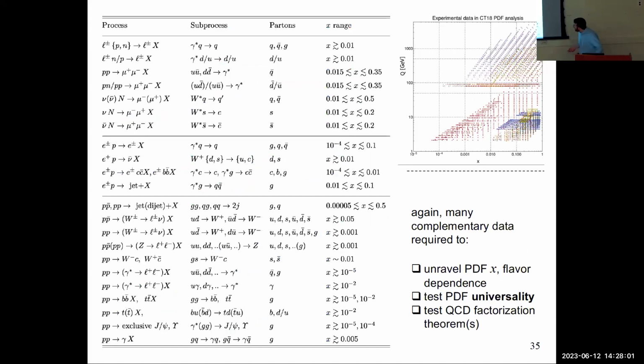Now, again, I showed this kind of plot. I realize you're not going to be able to see that very clearly on the screen. This is just a duplicate carbon copy of what I showed a little bit earlier in the talk. But again, I want to impress upon you that we have many different, not just points of data, but data from different underlying processes. What this is meant to show you is that each of these different measurements, a lot of these are actually DIS-like measurements. And then on the bottom block, things related, for instance, to LHC or Tevatron type processes, those tend to access different combinations in terms of the flavors of the PDFs and in different regions of x and so on.